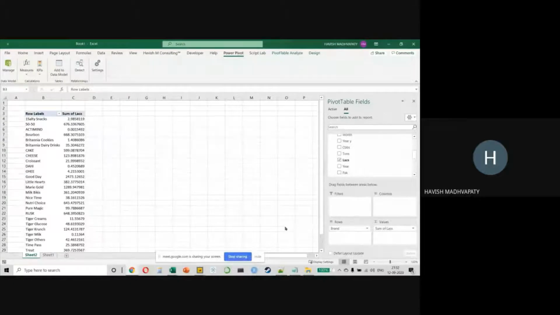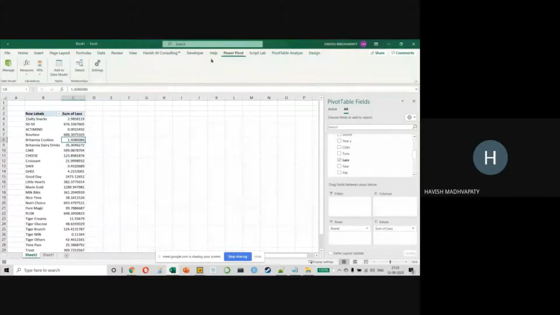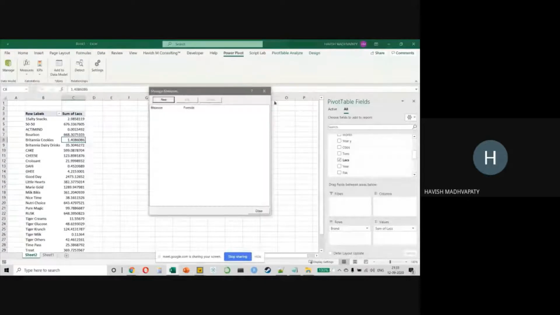Right? Power BI uses the exact same model. So whatever I've shown you right now, it looks the same, it works the same, the formulas are the same, the limitations are the same. Of course, Power BI will probably have a few more additions, but fundamentally the model remains the same. Okay, good. So this is something I wanted to cover for you. This is how you go to Power Pivot and you create a measure, right?